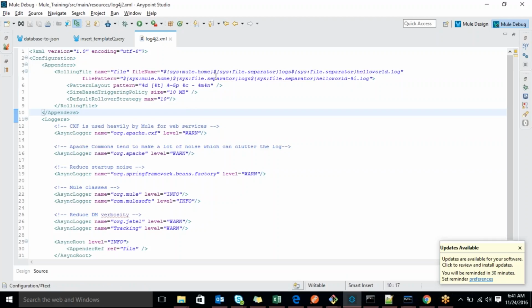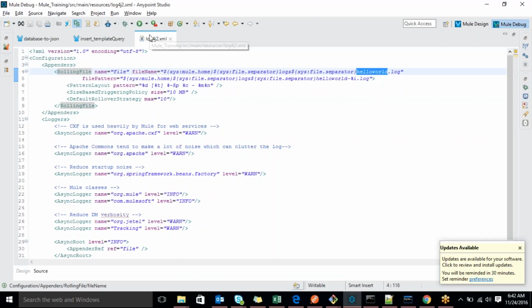The logs might have been stored somewhere, right, according to this? Yes, generally 10 MB. You can store externally, or else by default, if you see this line, hello world.log. Based on this name, it will generate on the server side. You can see this after deploying in the server.